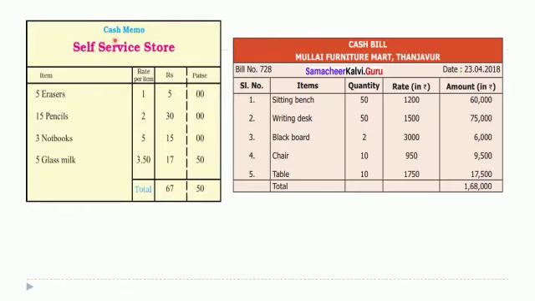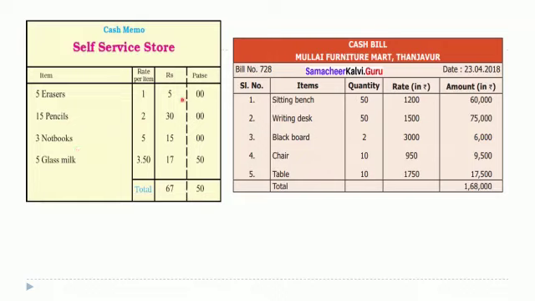Now here they have given a cash memo. Many times you go to shops, you go to a quality shop in Chitralaya, so they give you such a cash memo. Bill dete hain, है ना, receipt dete hain. Even in society when you go, they give a computerized bill. So what they actually write, you see they write here item, what you have bought. Then this column is rate per item, means एक का क्या cost है. 5 इरेजर्स यानी यहाँ 5 इरेजर्स का कॉस्ट नहीं, एक इरेजर का कॉस्ट है. यहाँ एक पेंसिल, यहाँ एक नोटबुक और यहाँ एक ग्लास ऑफ मिल्क.